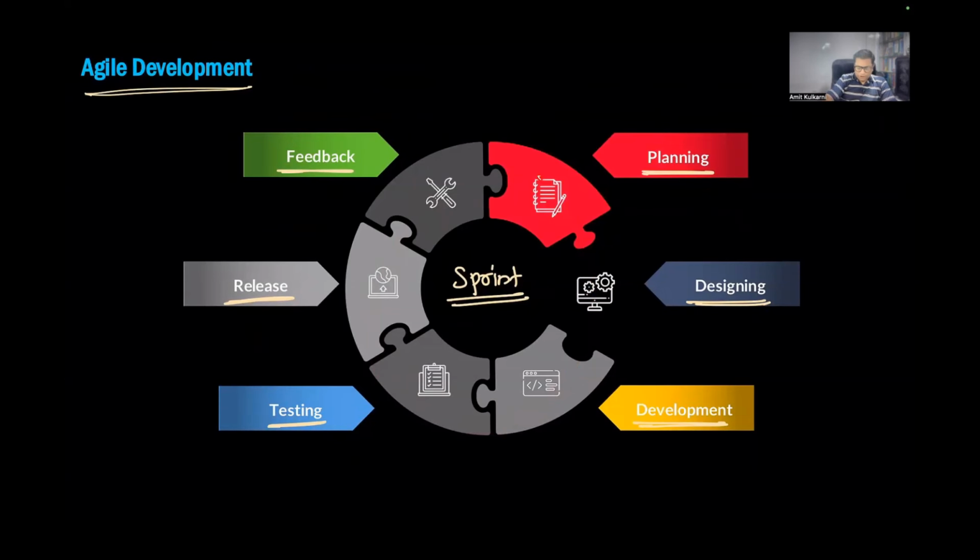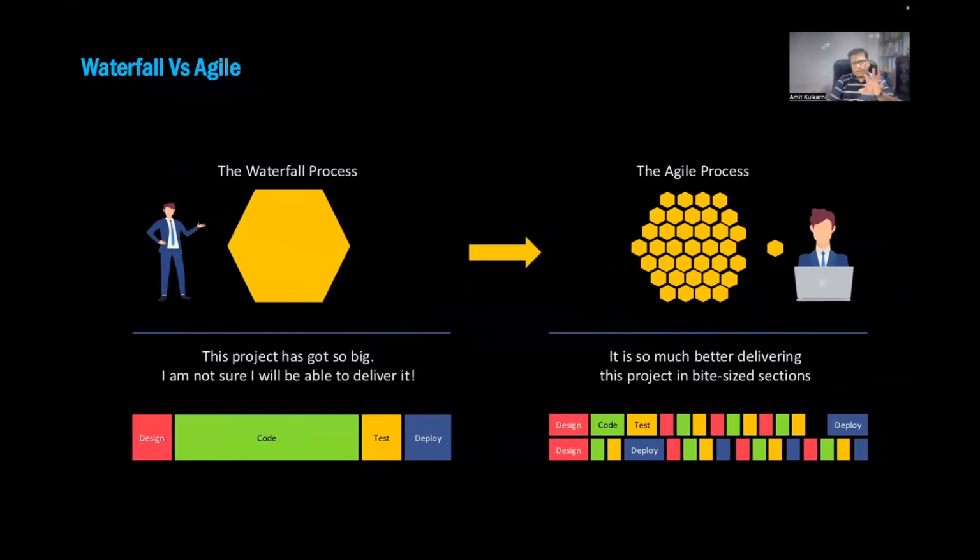You get certain functionalities implemented like this. Once they are done, go for the next one. Once they are done, go for the next one. Till the time the project is finished, you are going to see multiple sprints have already been executed. This is given by agile development. The only problem with agile is that agile talks about getting this application developed in chunks. Those chunks are called sprints. And this is the benefit as well as the problem of agile development here.